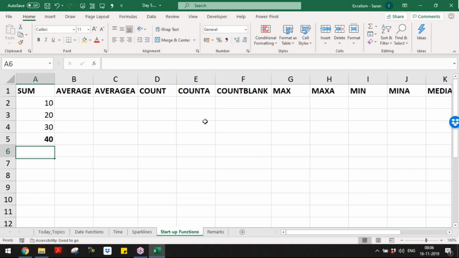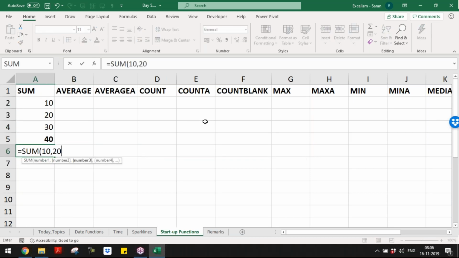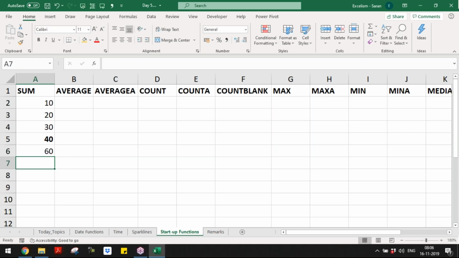Friends, can you tell me what is the answer? SUM of 10, 20, 30, what is the answer? Put it in the chat box. Here I am entering 3 arguments, and each argument is a number, so obviously I'll get 60.